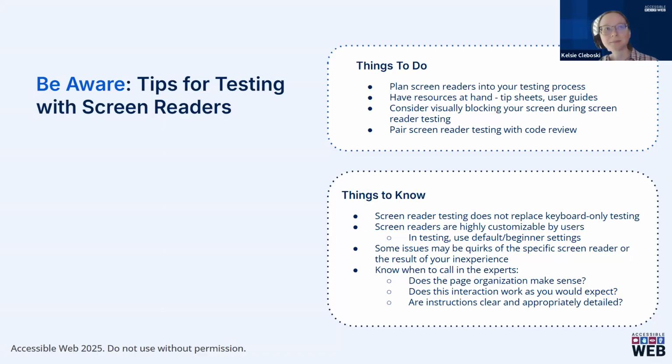or use those different navigation strategies. Also consider visually blocking your screen during screen reader testing. As Heather was mentioning, if you're typically a visual user of digital content, we gain a lot of visual information from the content, and sometimes it can be easy to see information visually and not realize that you didn't hear that information via the screen reader. So some folks like to visually block their screen or use a screen curtain, and that can help with not letting any visual information muddy the waters in terms of testing